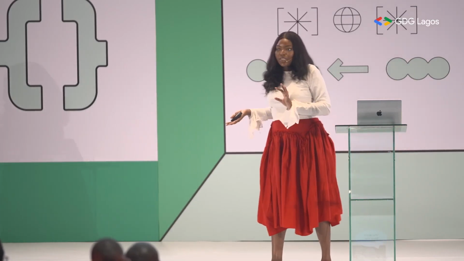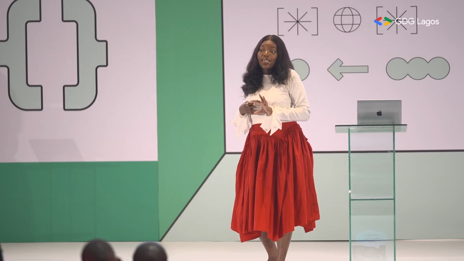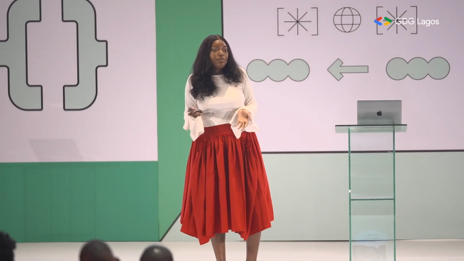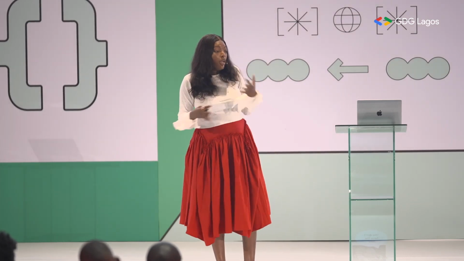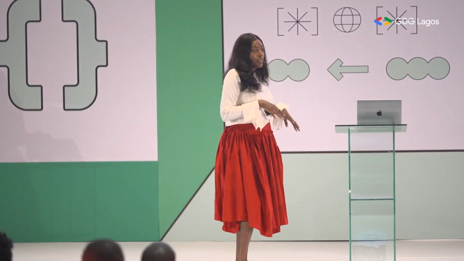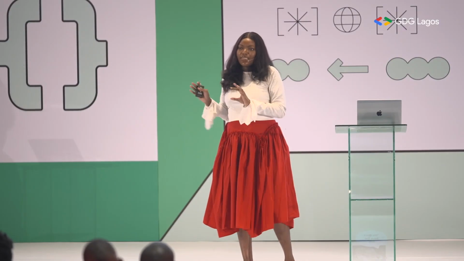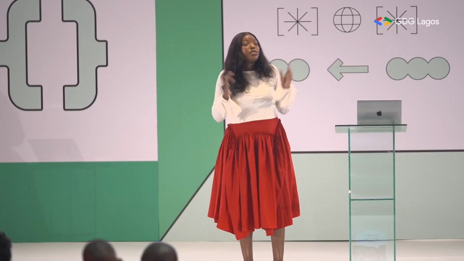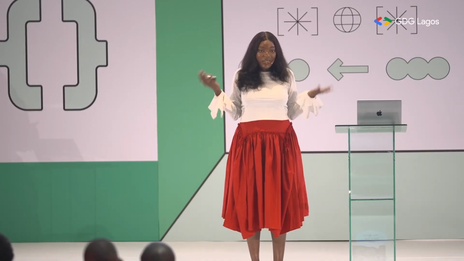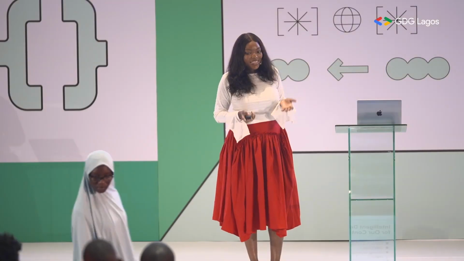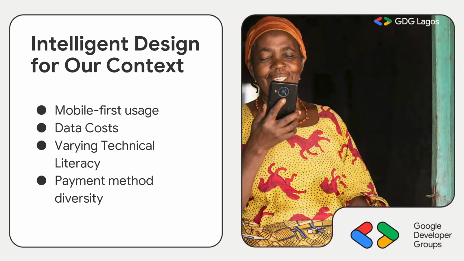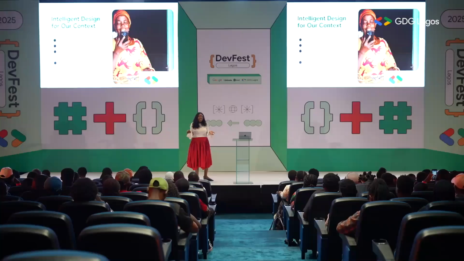Also, the engineers telling you the design is complex, you probably didn't involve them in the design process to understand technical feasibility. There are so many key details that once fixed would solve it and actually make your design intelligent. So, what does intelligent design look like in our context? Again, our context is designing for the Nigerian market.